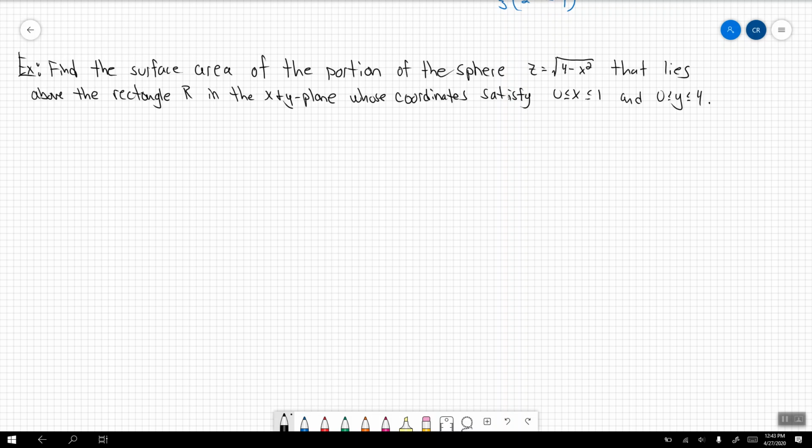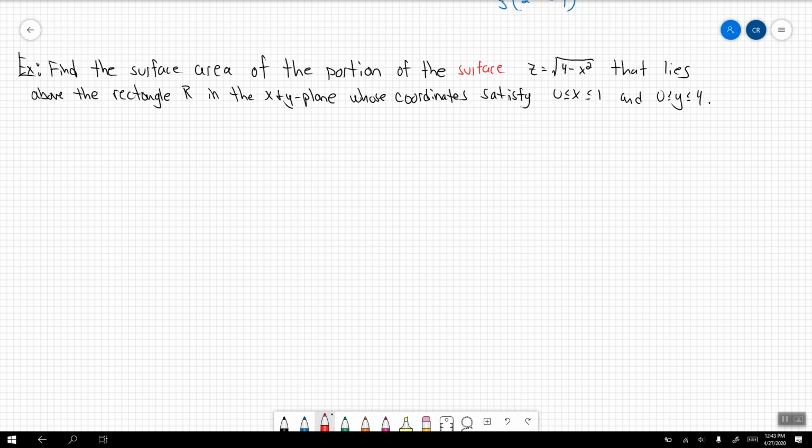I have no idea why I said sphere. My sincere apologies. Portion of the surface. Because this is a cylinder, not a sphere, it's the portion of the surface that lies above the rectangle